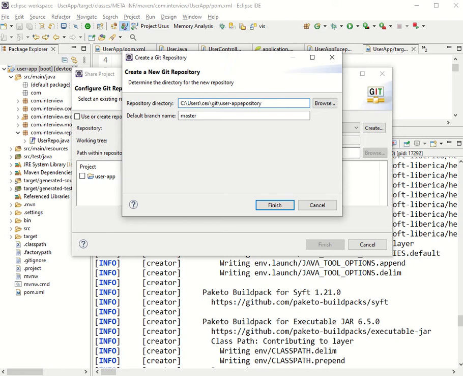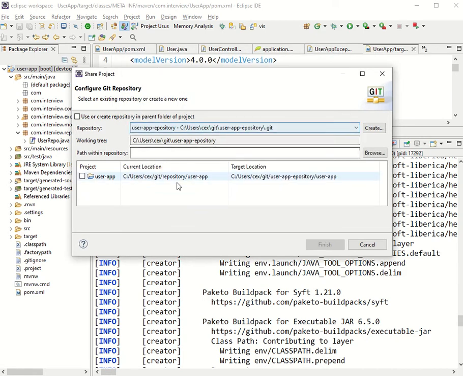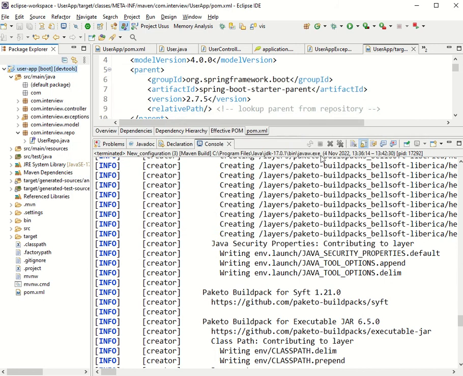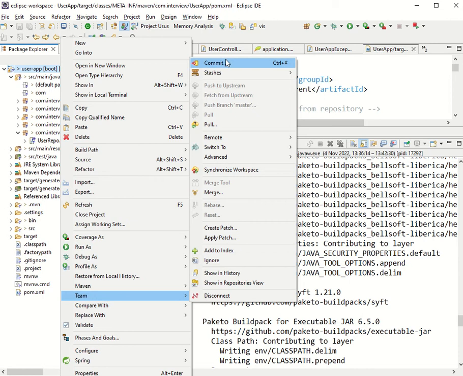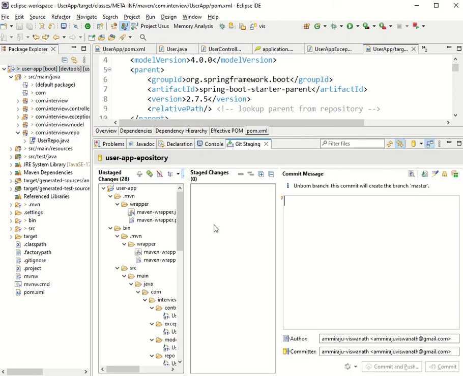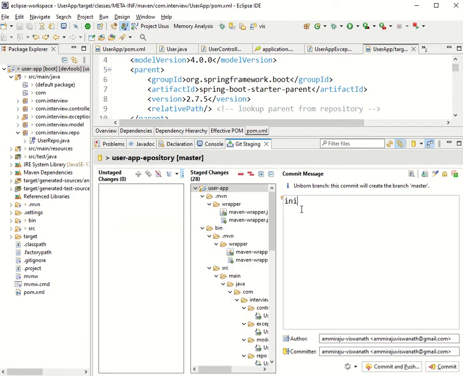User app repository. Before this, I have already done it, so I'm going to change my repo to that. So once you have committed to the repository, you can say team commit, where you are going to commit all your changes to the repository, and you can say as an initial commit